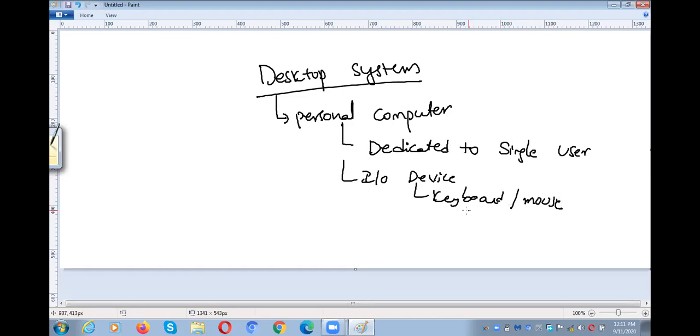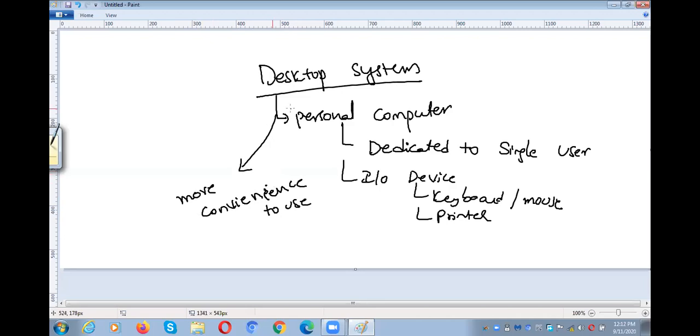And next, a small printer. So we have our own keyboard, our printer, mouse, our system is connected to the printer, right? So that is a thing. So usually personal computers have more convenience to use. More convenience to use. Right? That is the thing. So usually our personal computers are the best example for the desktop systems.